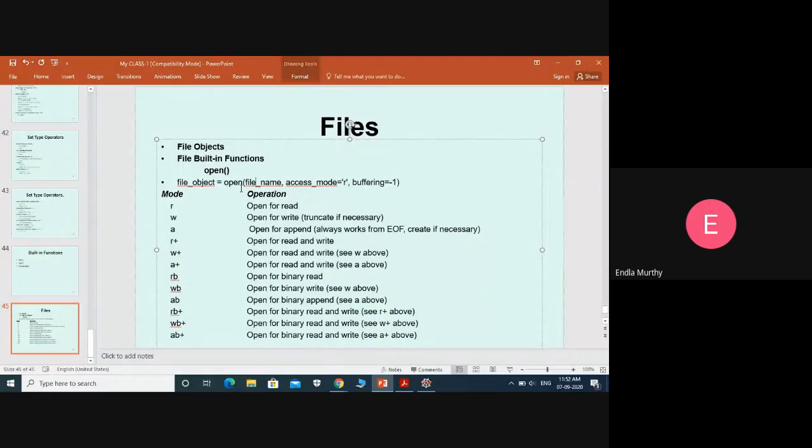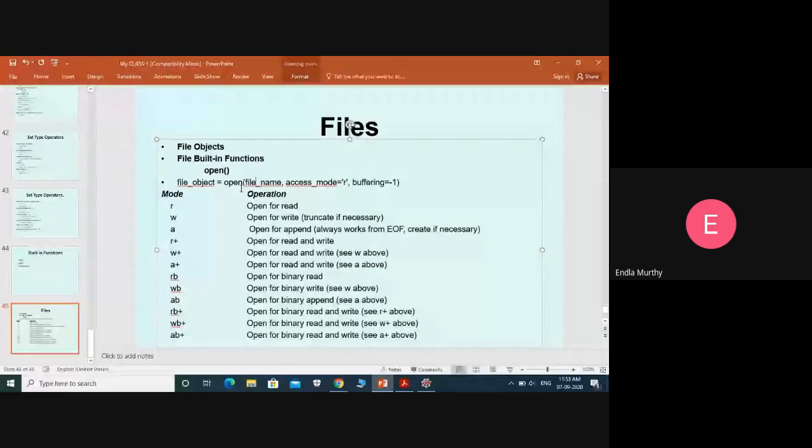The postfix plus means the file we are opening is in read and write mode. Simple R means read mode, R plus means read and write mode. Similarly, W plus is also read and write mode, and A plus is also a read and write mode.